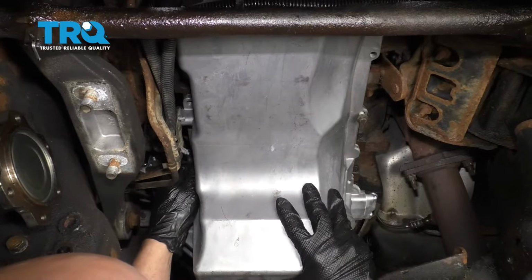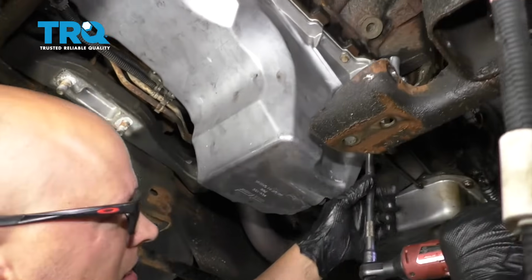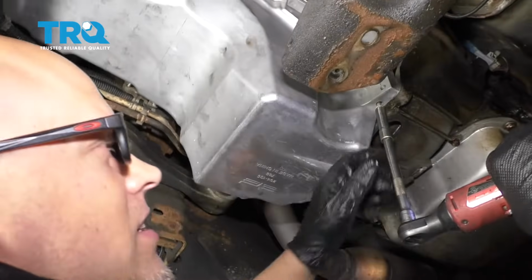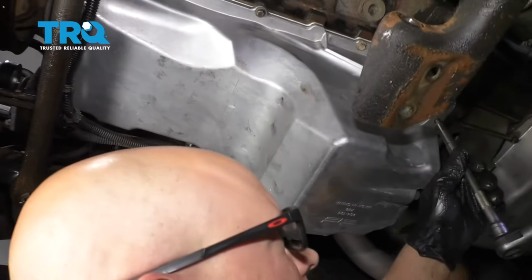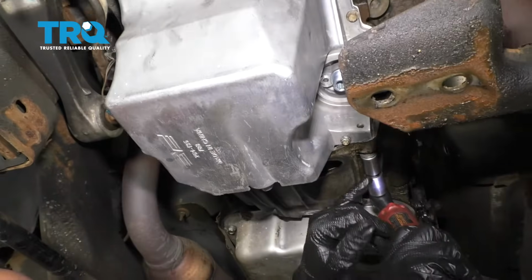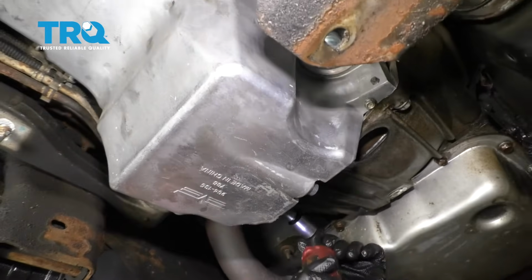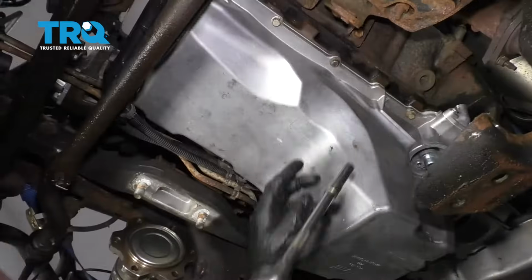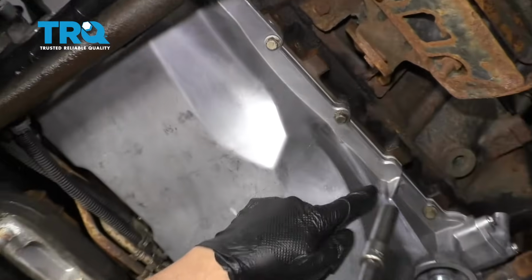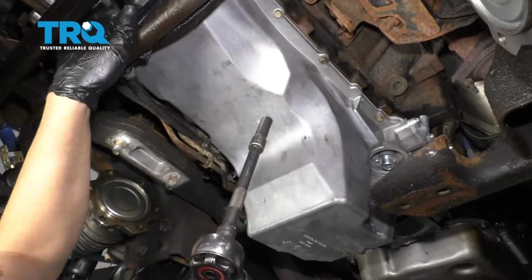Now just get a couple bolts started. And now I'm going to start snugging these bolts up before I torque them. And put these two lower bell housing bolts in and snug those up. Now I'm going to use a torque wrench and torque all these bolts and the front cover bolts, these two,